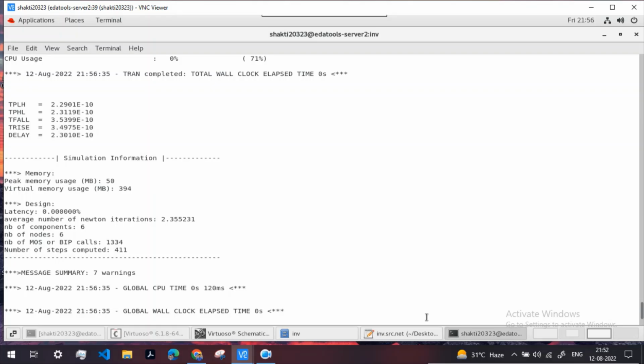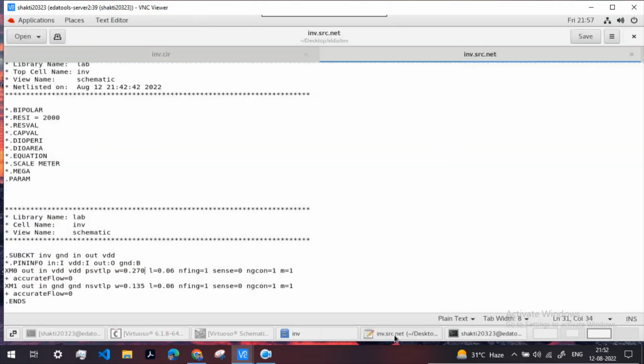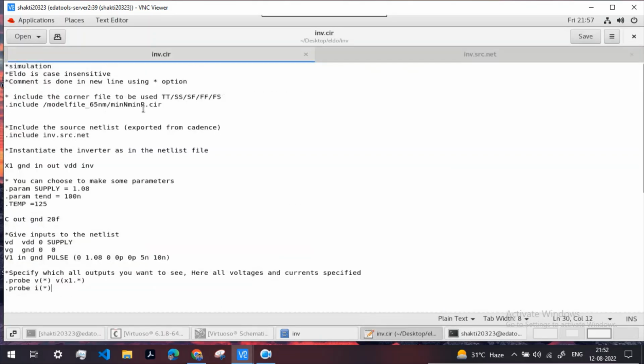Similarly, we can model the different width and length values inside the netlist to obtain these parameters accordingly. One important point to note is inside the CIR file that we have written: since we are beginning with the simulations, it was just a tutorial video. We have taken these PVT values to anything that we want, these process values and temperature and supply voltages. In case of PVT, P stands for process, V stands for voltage, which is supply, and T